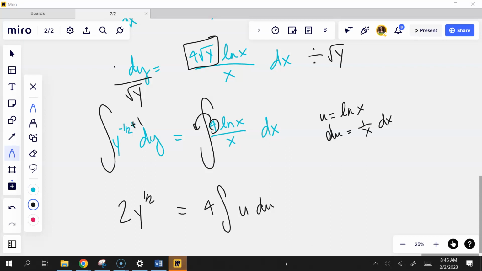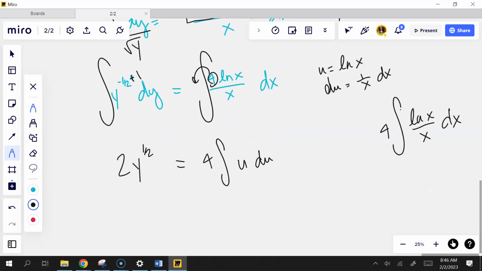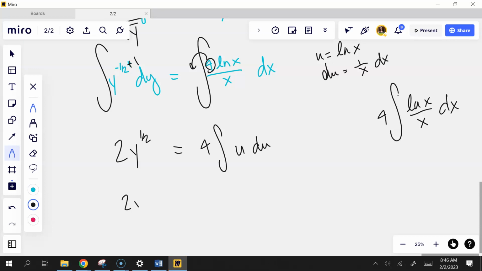Well, I need to do the integral of log x over x. And I don't know the antiderivative of that. But I see that the derivative of log x is in the problem. It's 1 over x. So I did a U sub. All right, antiderivative of u. Square root. Antiderivative of u. 1/2